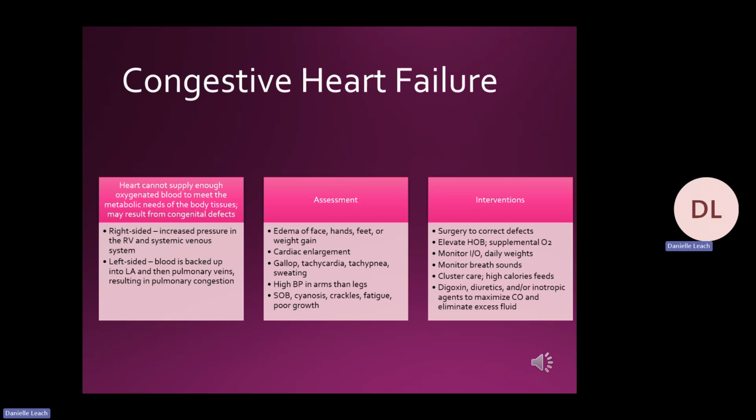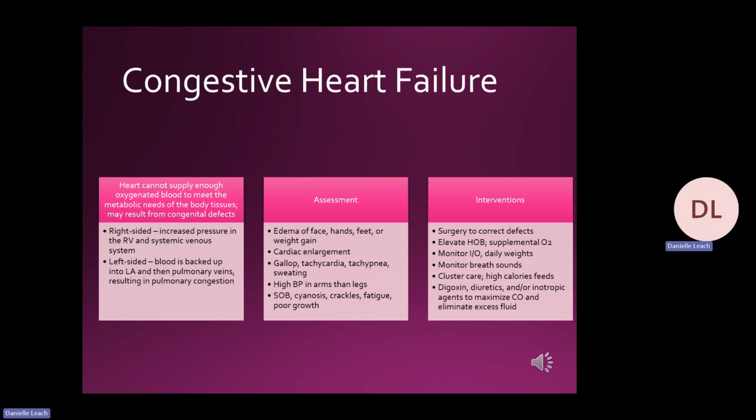So right-sided heart failure is where the right ventricle cannot pump blood into the pulmonary artery for whatever reason. It's going to result in an increased pressure in the right atrium and the systemic venous system. So basically things are backing up in the systemic venous system. And then left-sided heart failure, blood is backed up into the left atrium and the pulmonary veins, resulting in increased